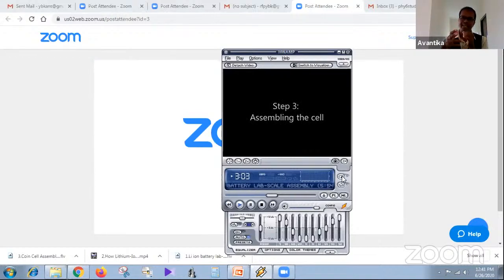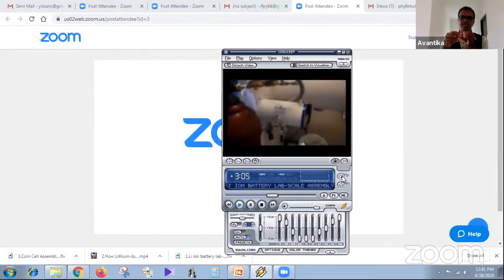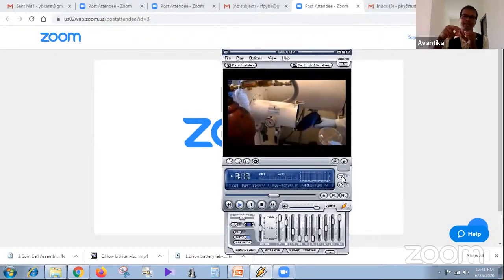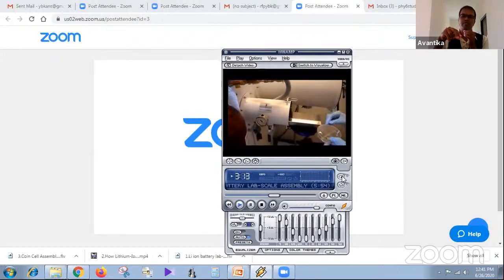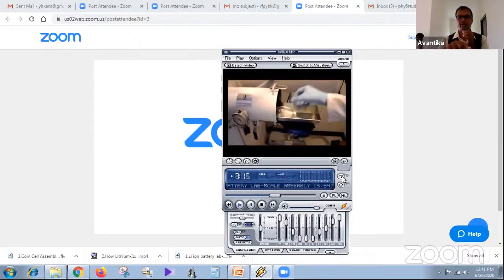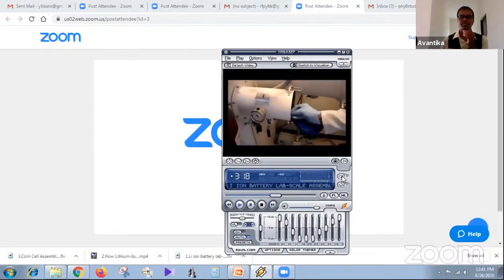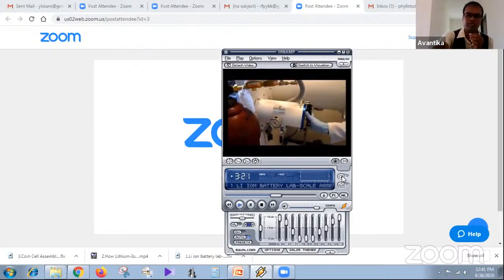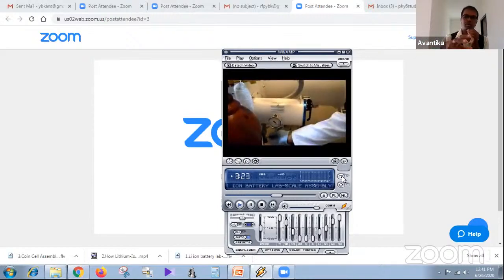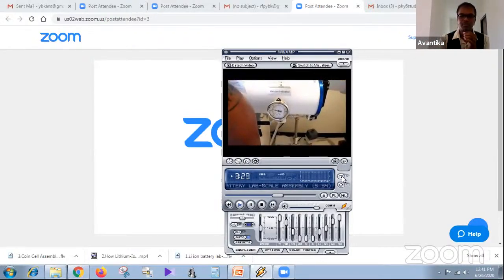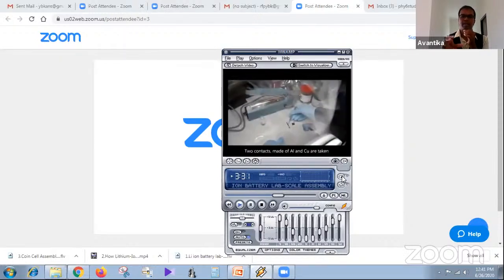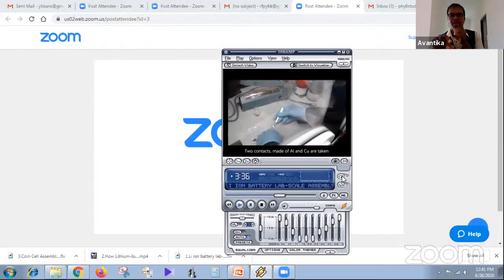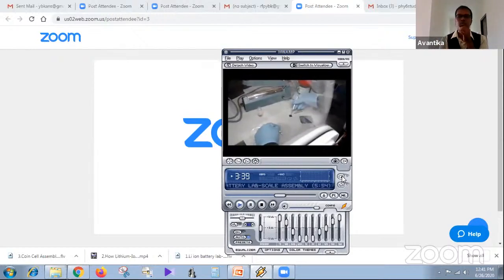So once it is ready, then we have to assemble the cell. So now you can see that after getting that foil, we have to put it in that vacuum pump. This is called a vacuum pump. Simply we can say that this is called a glove box. This is the window. By using this window, we have to put all the assembled cell. Now we have to create the vacuum. After creation of vacuum, we can insert that inert gases. So now we can see they are actually assembling the pouch cell.